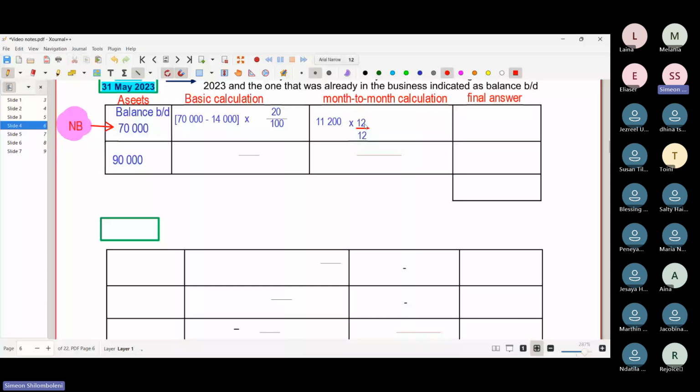You just come and write here the final answer is 11,200. Now we have the 90,000. The 90,000 you start cost price